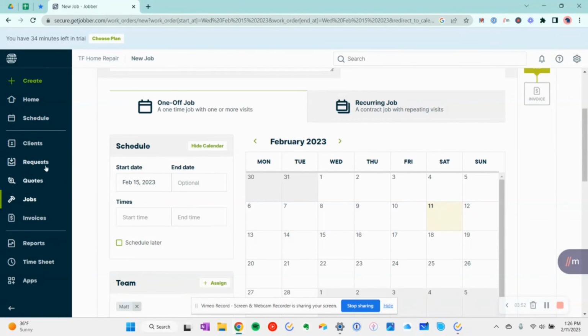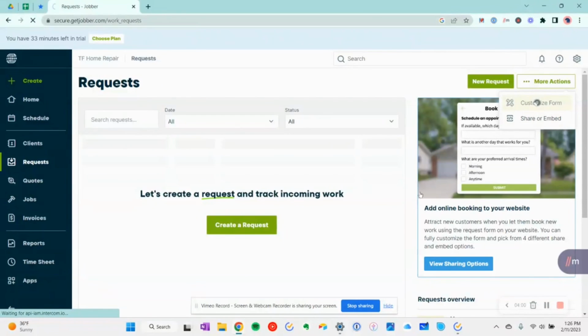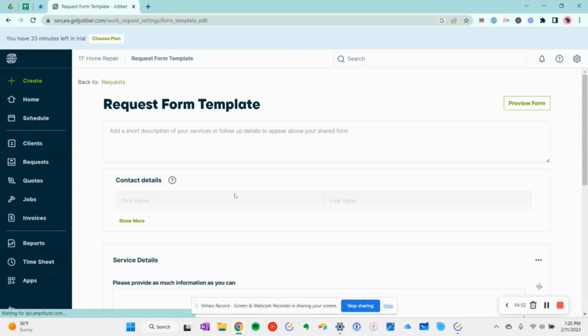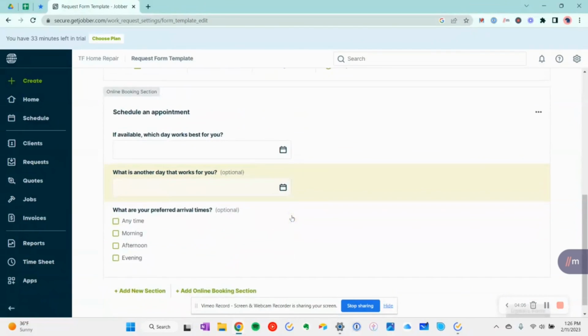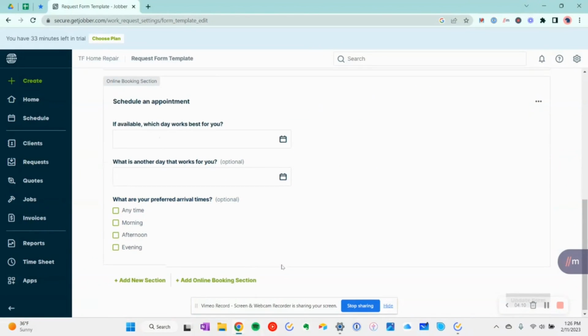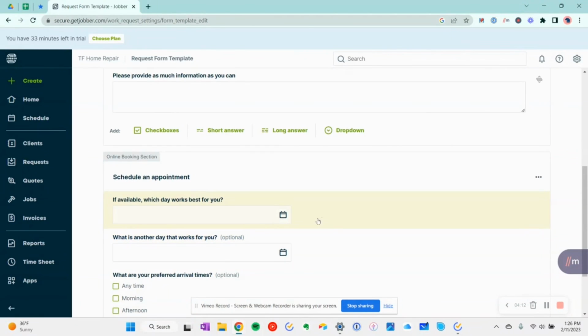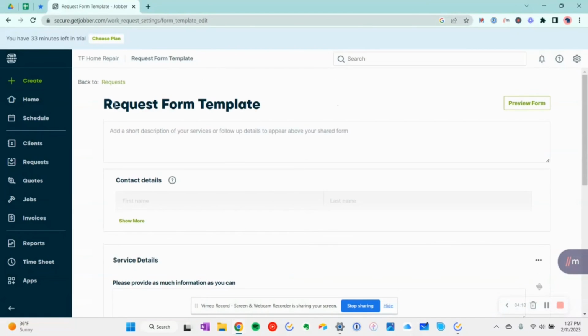Another thing, going back to the requests, which I've seen other pieces of software do that Jobber does not, is we'll click into the form here. So this is the request form template. This is what your clients would see on your website. It's pretty customizable, which is nice, but there's no real way to add your real-time availability for the week. And I think that's pretty important if you want to limit the amount of back and forth,